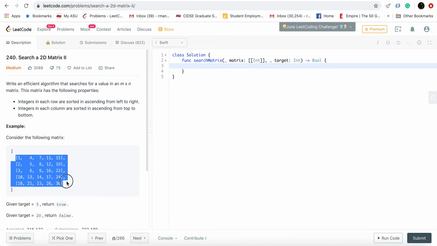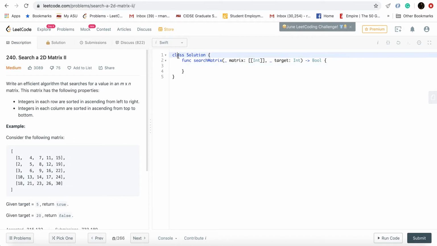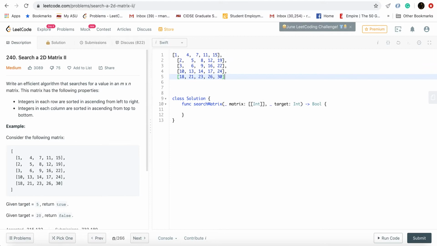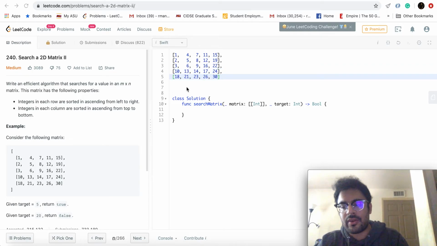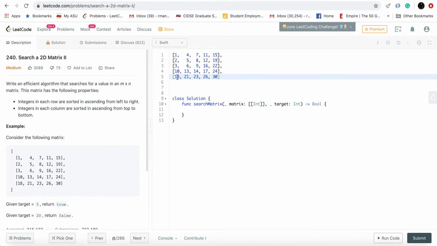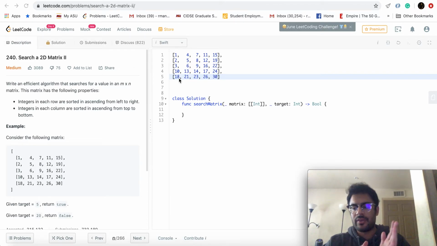So we're given this 2D array, and we're supposed to search for an element. Please note that it is possible that the element is not present in the matrix at all, and the number of rows is not necessarily equal to the number of columns. That doesn't matter anyway. So for this solution, we'll basically traverse the entire 2D array.